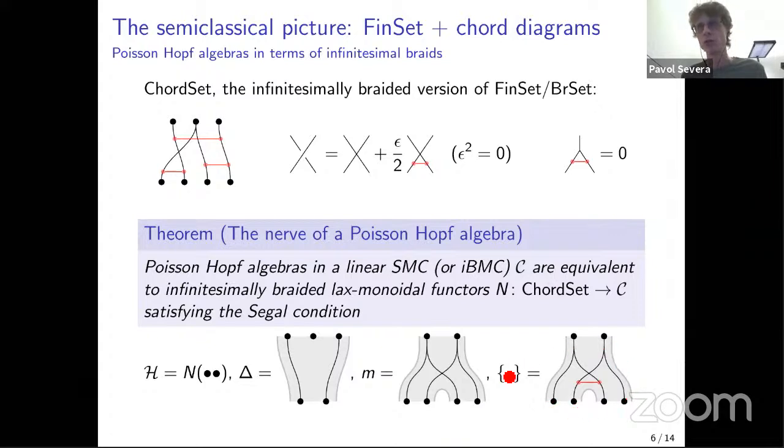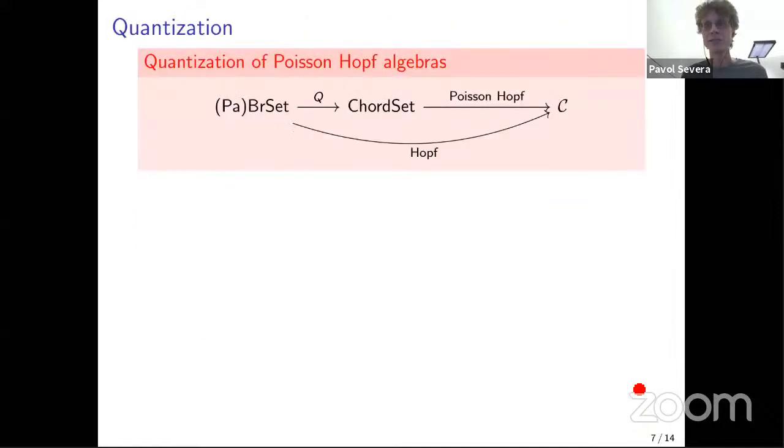So here is just this one new thing, which is the Poisson bracket, which you can understand comes from the fact that we now have this first order deformation. So this will give us that Poisson bracket. So it's all good. And here we are. So now we can quantize things.